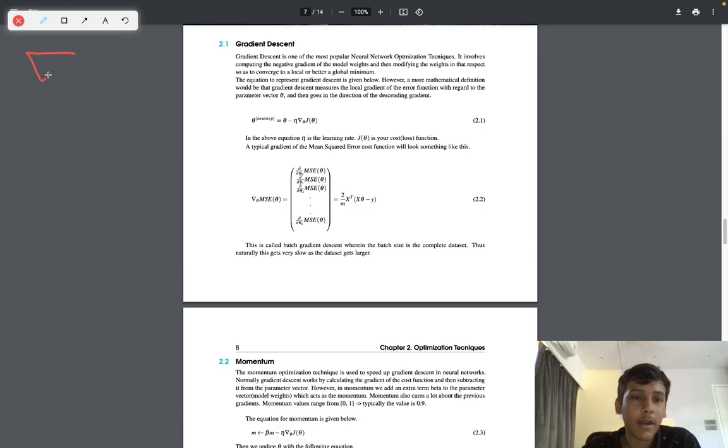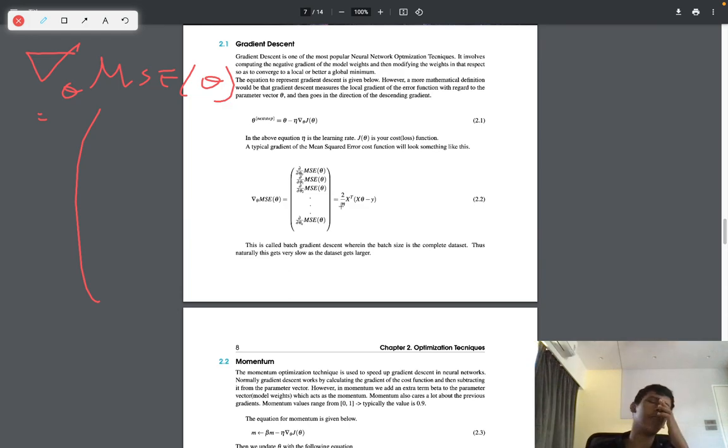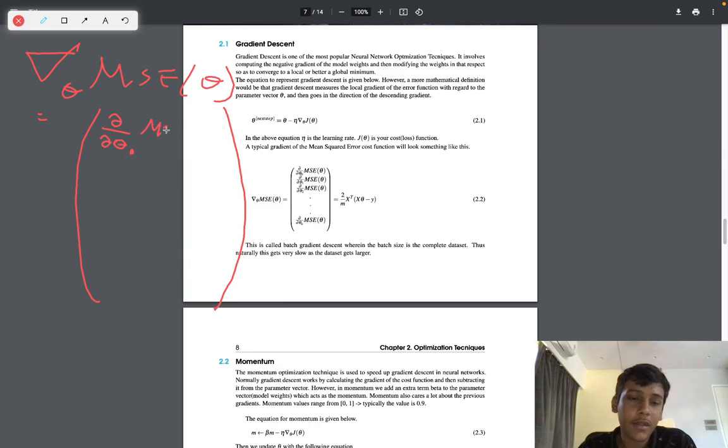So if we do something like grad theta MSE, that gives you a, I don't know, is this a row vector or a column vector? I forgot that. I always mess up rows and columns. That should be equal to del theta 0 MSE of theta. Then it should be del theta 1 MSE of theta,